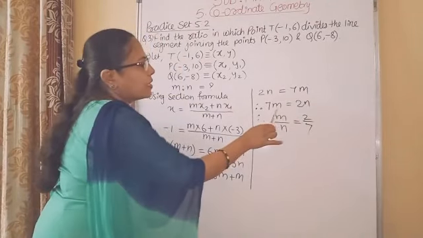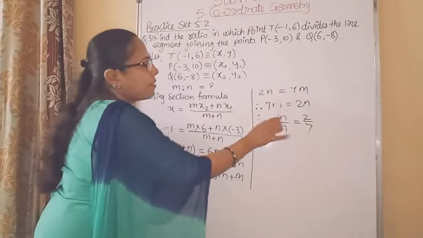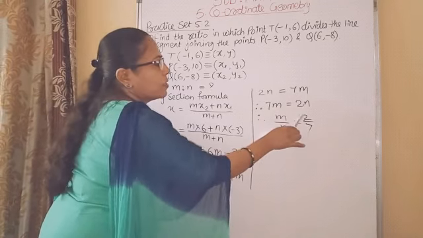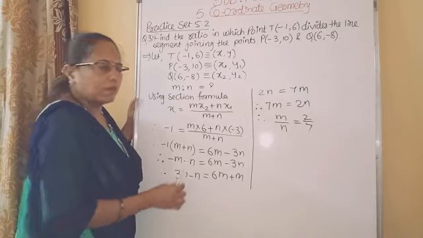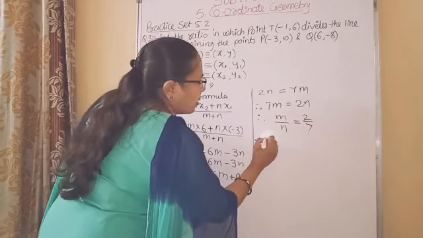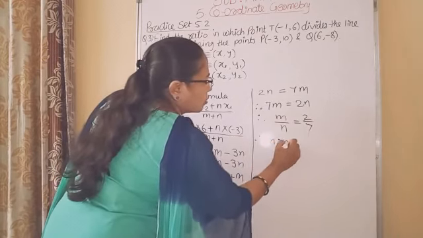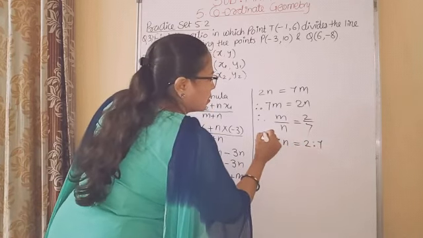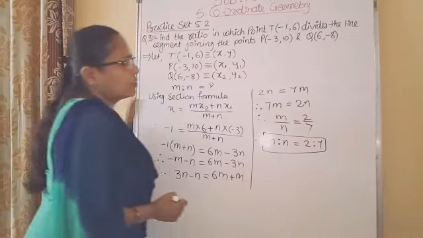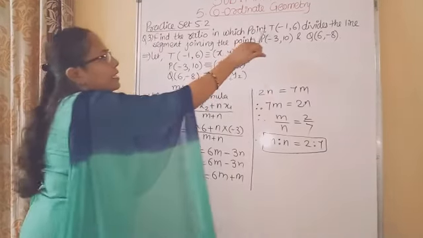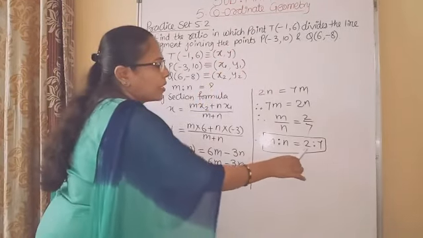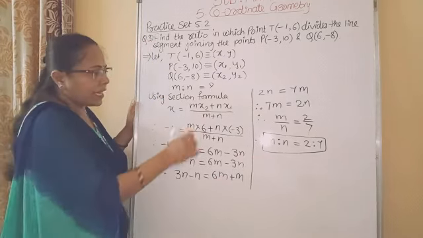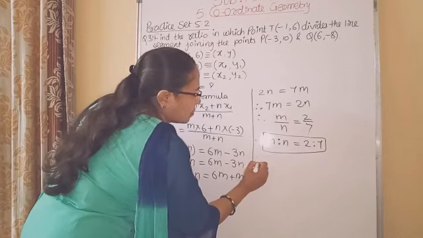See here, this n we taken on the left side, and 7 we taken on the right-hand side. So we will get m upon n is equal to 2 upon 7. Followed? Therefore, m is to n ratio is equal to 2 is to 7. So this way we got the answer. So point T divides the segment in the ratio 2 is to 7. So we will write the answer in statement.